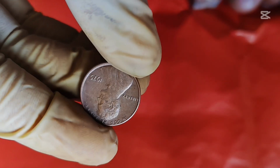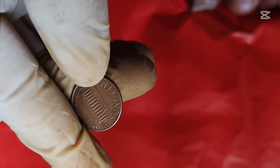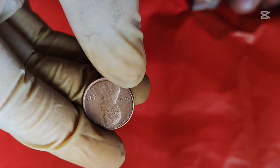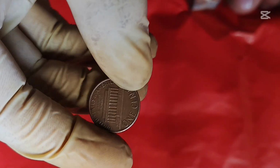The Lincoln cent has been an essential part of American currency since its introduction in 1909. Designed by Victor David Brenner, it was the first U.S. coin to feature a president's portrait. The 1975 penny follows the classic design, with Abraham Lincoln's profile on the obverse and the Lincoln Memorial on the